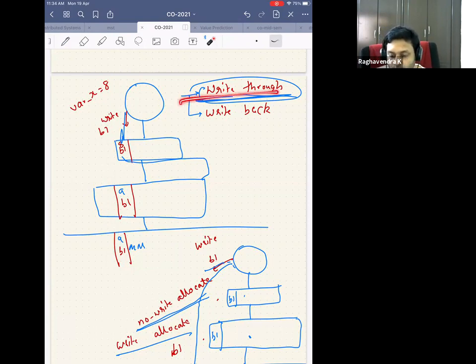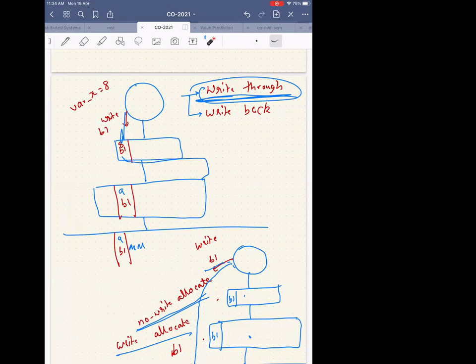So when you pick a write through policy, you pick a no write allocate policy. But if you are picking a write back policy, it makes sense for me to have a write allocate policy. Why? Because write back will be updating only when the block is picked out. So I will keep the block here such that my assumption is that the future writes will be only to this cache and I don't have to go to the main memory. Does that make sense? Yes, sir. If we think in this way, then I think write back policy is much better than write through.